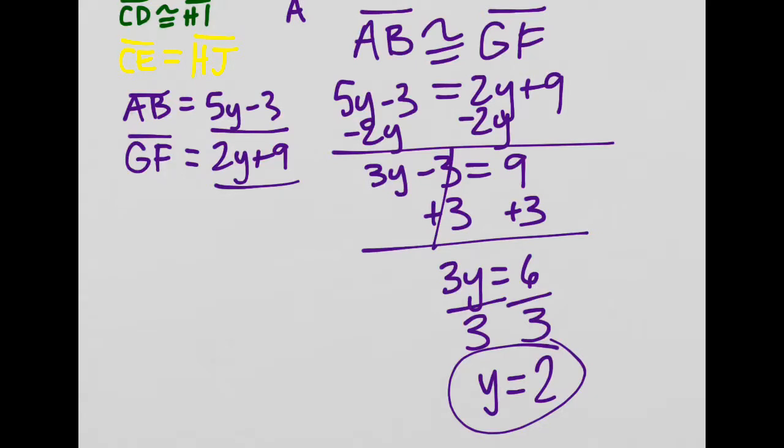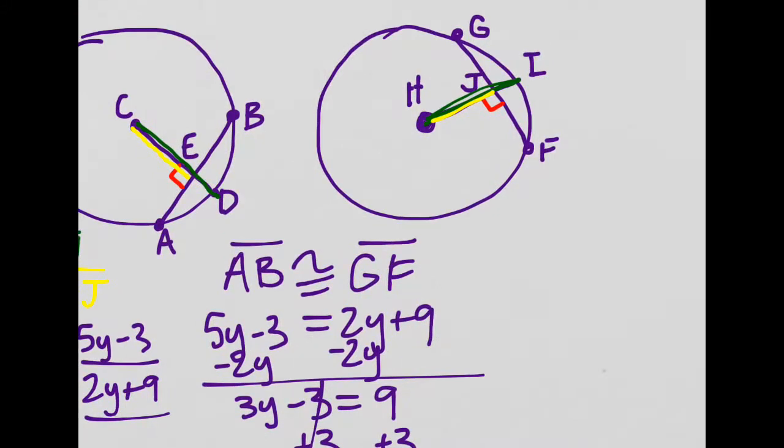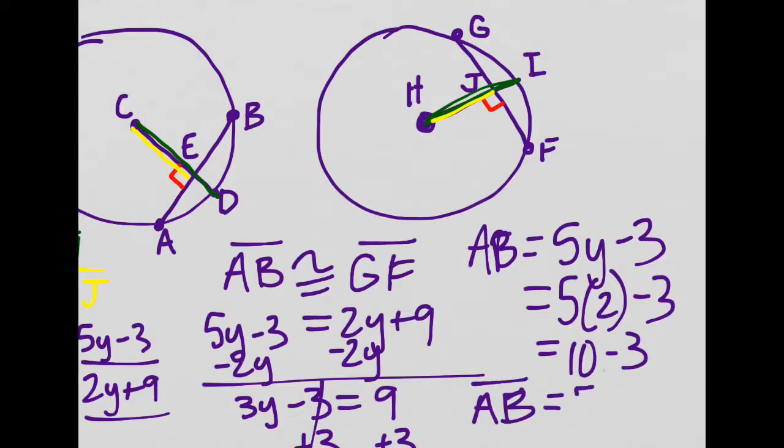Now what I wanted to know was how long AB is and how long GF is. If I know that AB is equal to 5y minus 3, and now I know that y is 2, I can plug that number in. So AB is going to be equal to 7. And if,